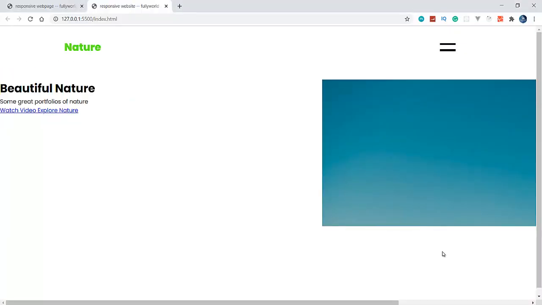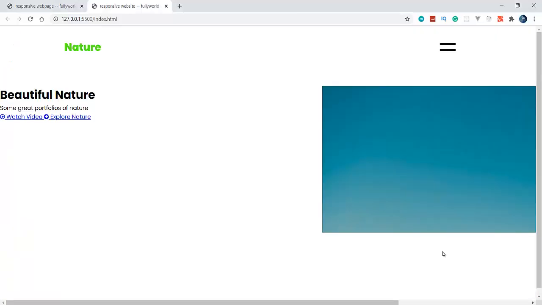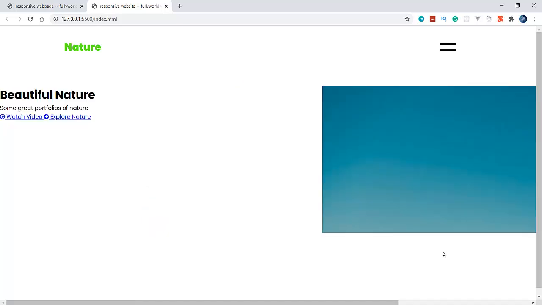Now 45% is looking good. See that this image is now looking perfect. But we want it to be 45%, it is very high. Now it is looking very beautiful. It is in the center here. So this is a benefit of Flexbox here. So let's style it here.